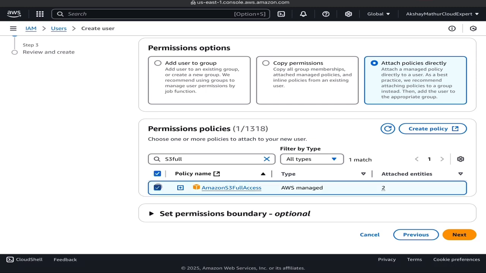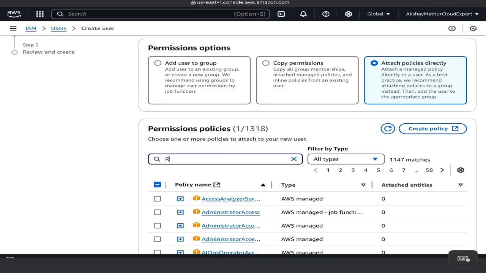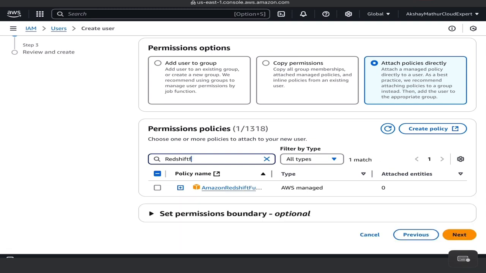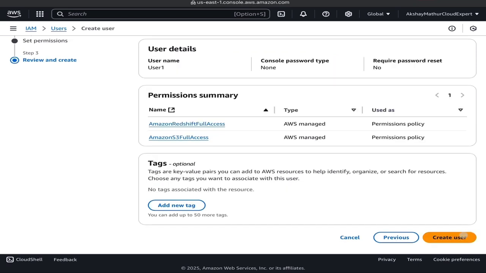Once it is selected, we can select other policies, whatever permissions you want to add to this IAM user. So let's select Redshift, Redshift full access. This is another policy I attached to the IAM user. So these two policies are attached to this IAM user. Click on Next.